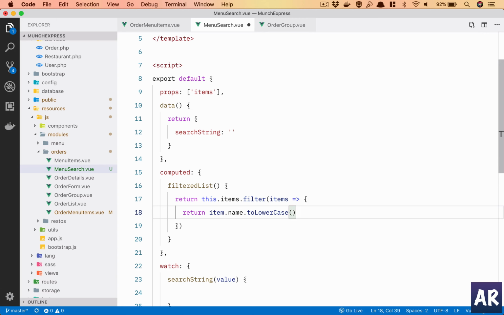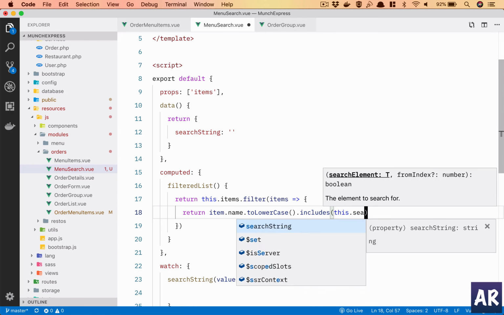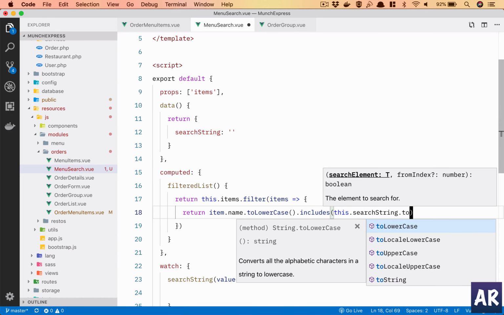Once this is lowercased, there is a function called includes. Because this is a string, it will return whether this is present or not. It's a kind of string match. So I will return this if this.searchString.toLowerCase